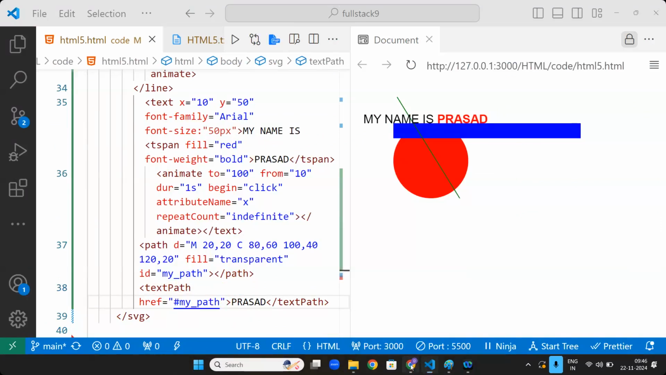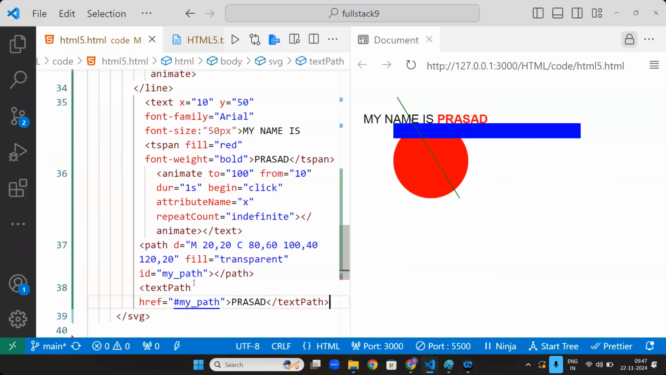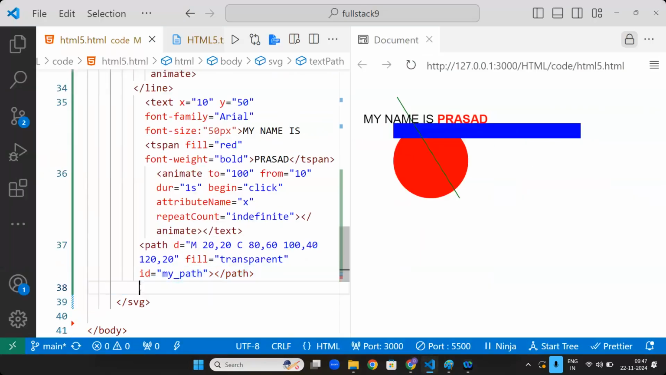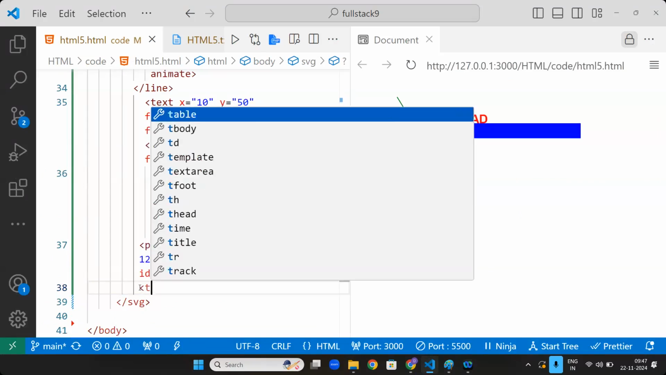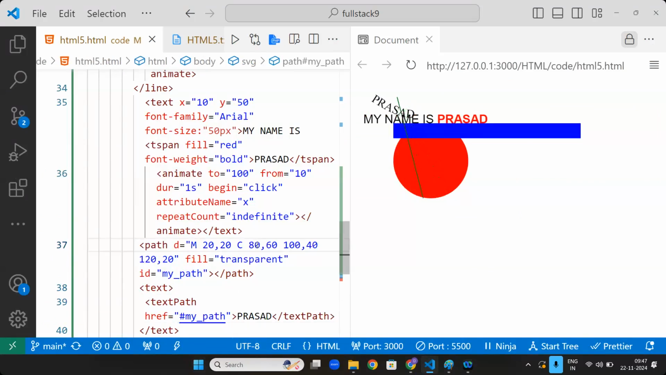If you go here, text path should be inside the text. Then it will work. Inside the text. Can you see Prasad came in a curvature? Can you see that, sir? Prasad came in a curvature. This curvature comes because of these coordinates. The more coordinates you give,